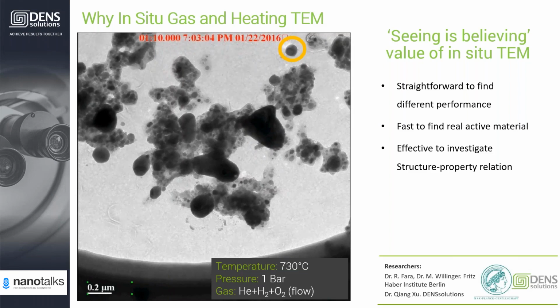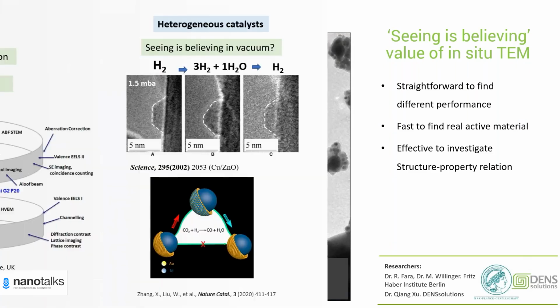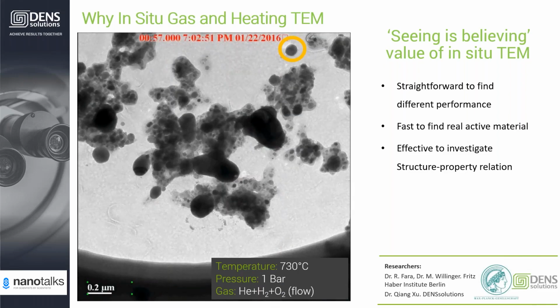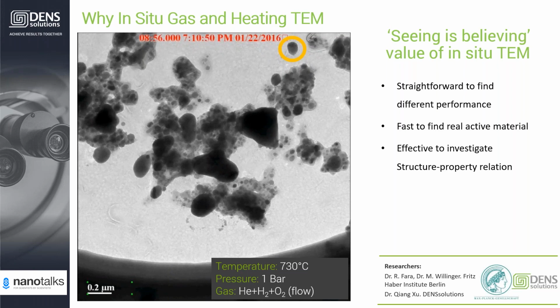Now let's move to a real example and start from a normal TEM image of nickel nanoparticles. From this image, one can see particle size and shape, but hardly conclude anything. Once we mix the hydrogen, oxygen, and helium gas inside and heat the mixture to 730 degrees Celsius, one starts to